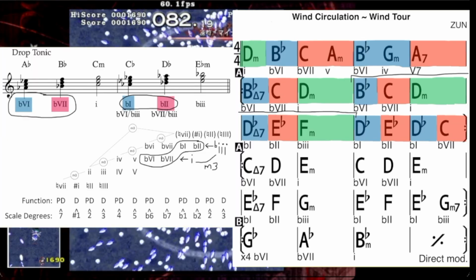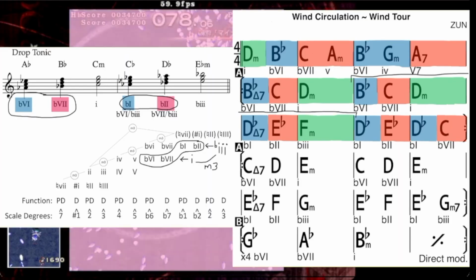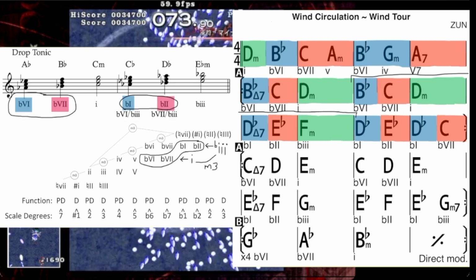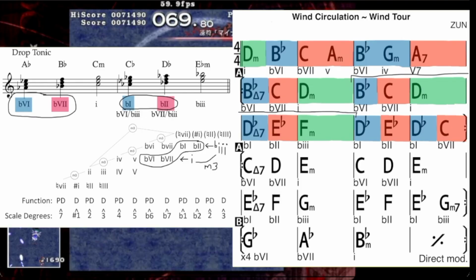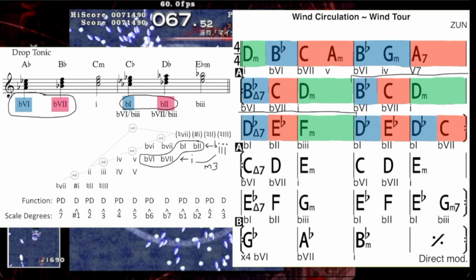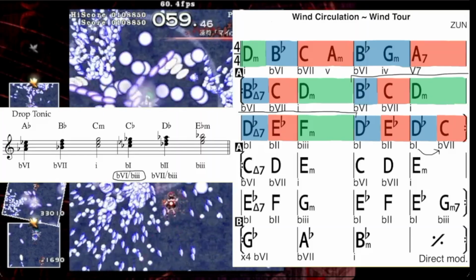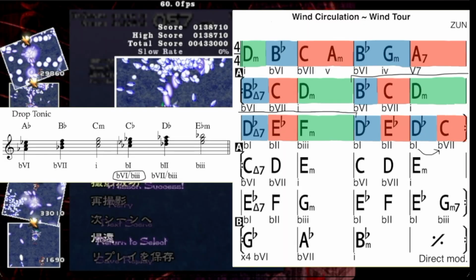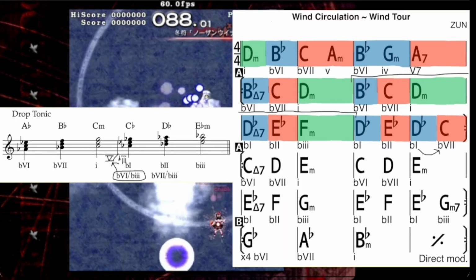The minor third grid is used all over the Touhou project. And every single time we get flat 6, flat 7, or 4, 5, flat 6, flat 7, or flat 6, flat 7, flat 1, flat 2, or anything like that, that's all utilizing the minor third grid. So the drop tonic is recontextualizing flat 1 as flat 6 of minor flat 3. But in this case, in order to modulate back out of the key,